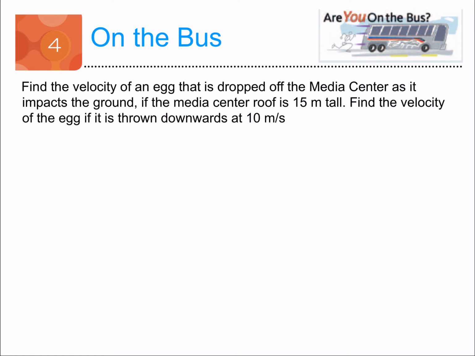So let's start off and draw a little picture. Here's our media center. This would be the ground. So our egg is sitting right here. And this distance is 15 meters. Okay. We know our egg is going to fall down to the ground, so therefore we know AY is going to be negative 9.8 meters per second squared. We are going to assume constant acceleration,